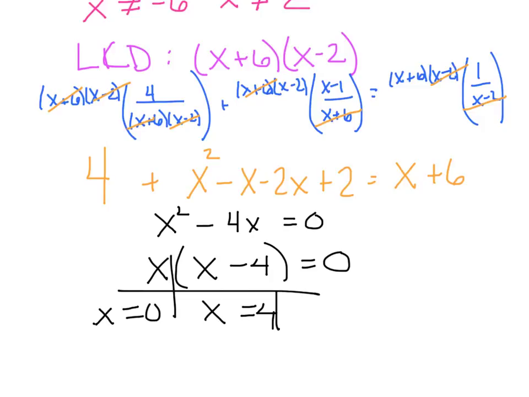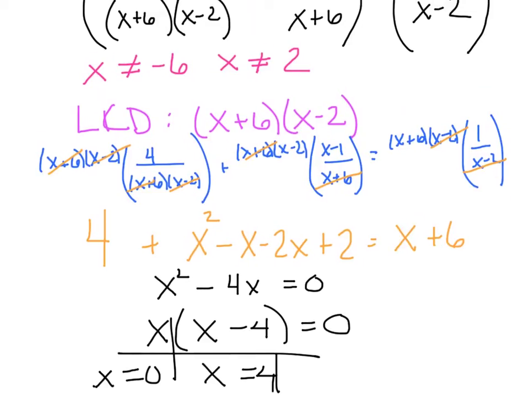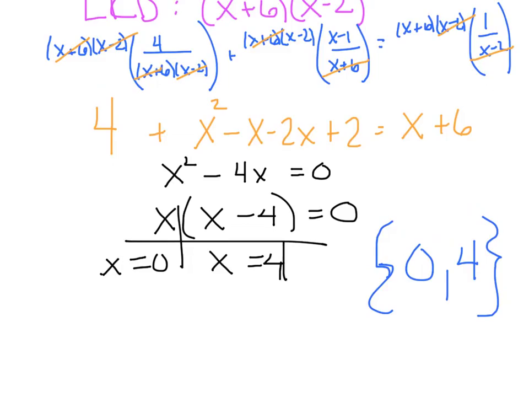Now, don't forget what you said x cannot equal. Go back and look at that. We said x cannot equal negative 6, and x cannot equal 2. Now, did we get a number like that? No. So that just means, hopefully, that both of these check out. X equals 0 and 4. And again, I can check on my calculator, but I'm just going to reject those ones automatically where my fraction's